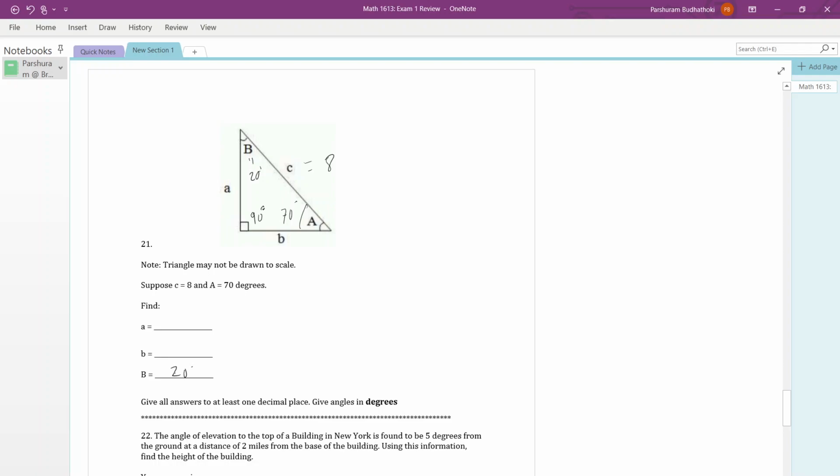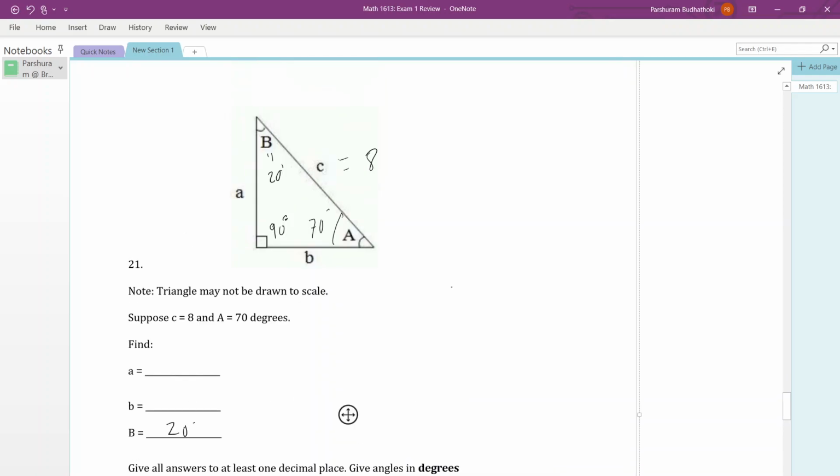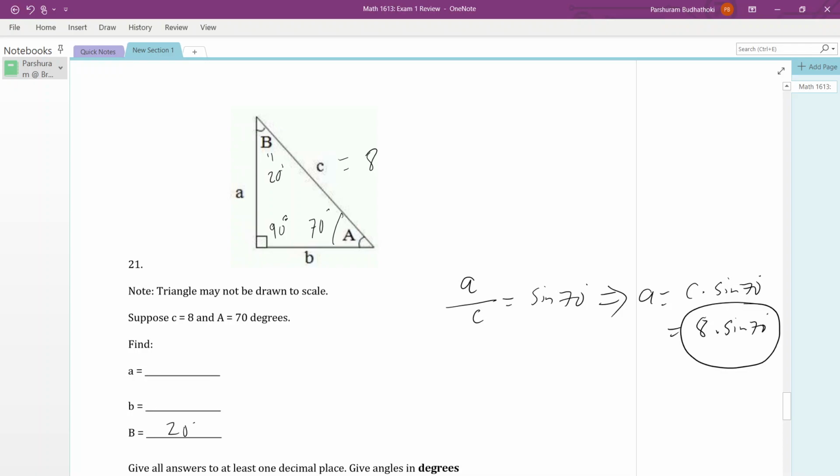It's 20 degrees. And for finding a and b, as you can see, a over c, perpendicular over hypotenuse, is sine 70 degrees. So if you want to find a, that is c times sine 70 degrees, and c is basically 8 here, so it's 8 times sine 70 degrees. If you multiply these two,